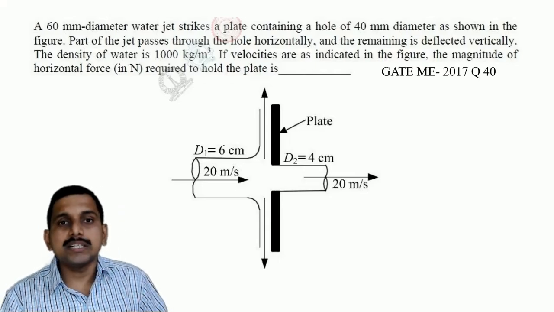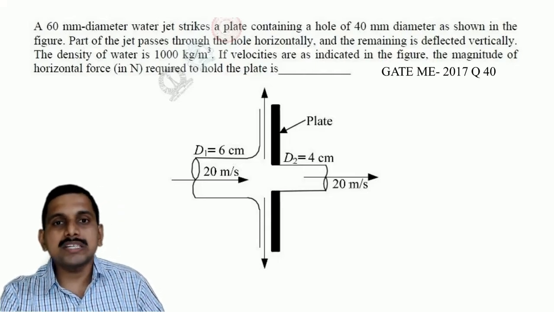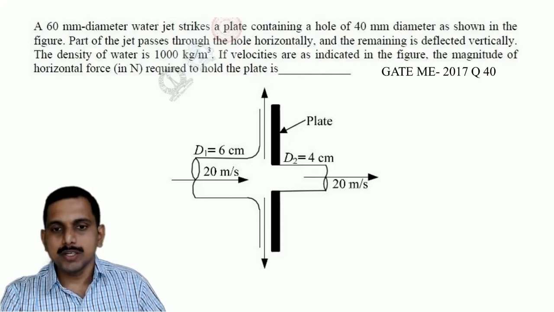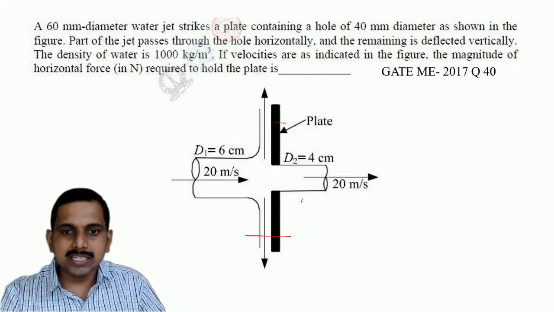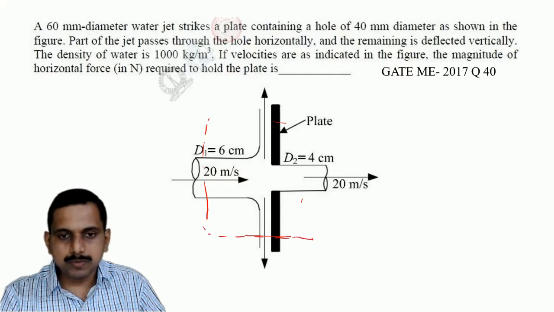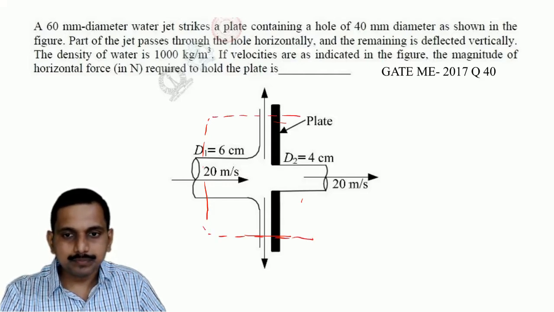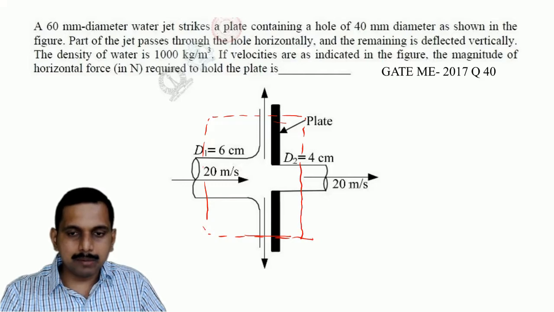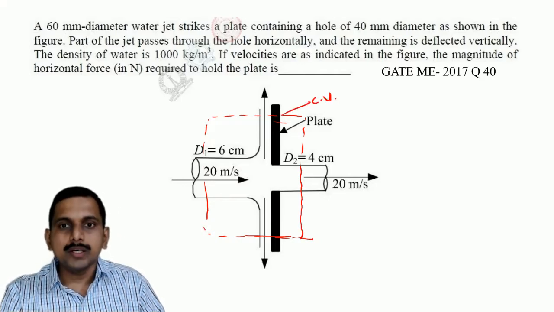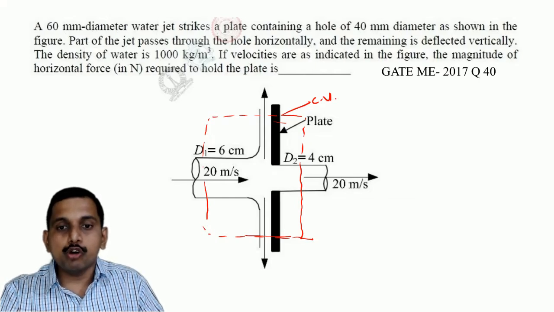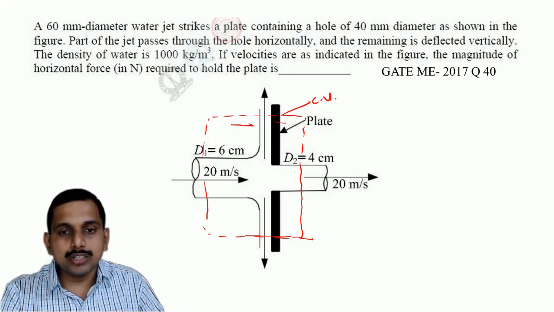Now here the same thing happens. What is it? It is momentum transfer. So if I see, this is 1 and this is 2. Here I can say this is the control volume, so I have to put the control volume something like this. यहाँ पे माना मैंने इसको control volume, ये control volume हो गया. तो what is the force? Force on the plate in the horizontal direction.